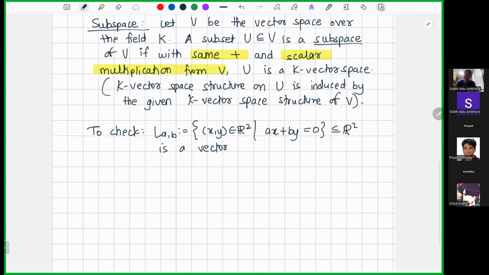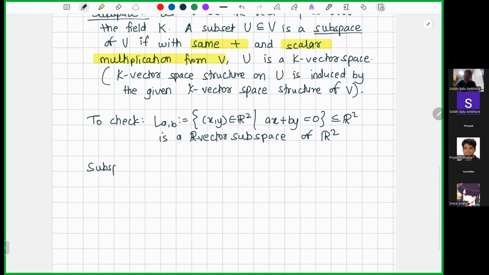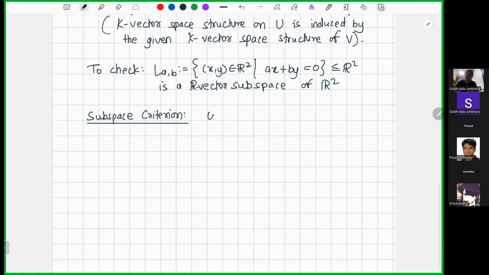Is a vector subspace of R2, R vector subspace of R2. And so for that, we have this subspace criteria, if you have gone through the notes, and it is that let U be contained in V, then U is a subspace of V